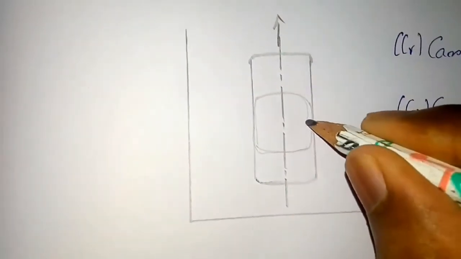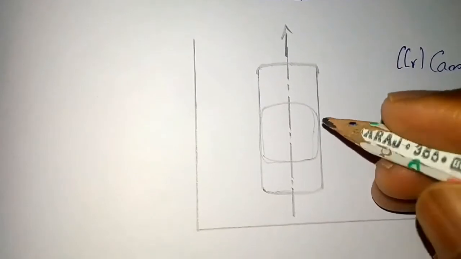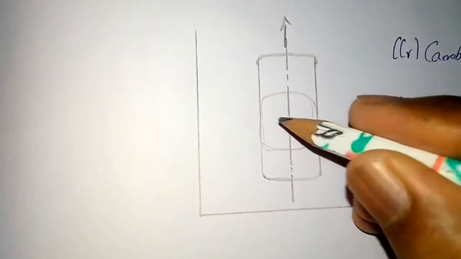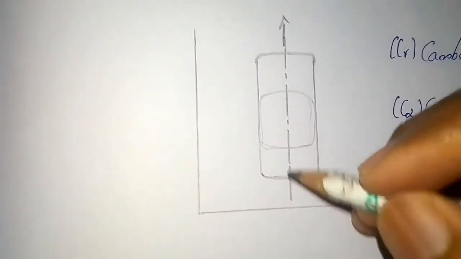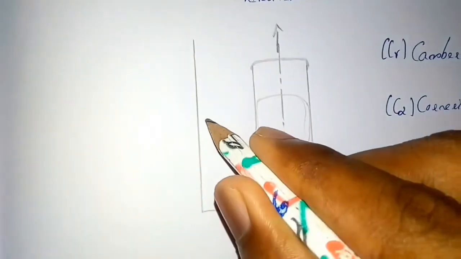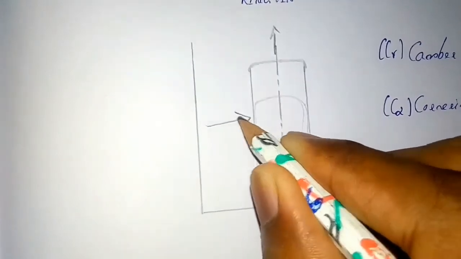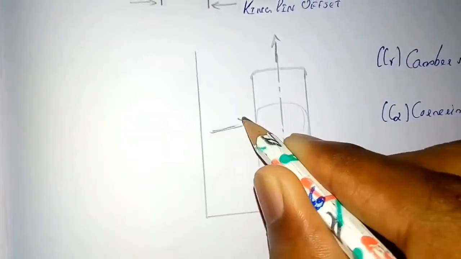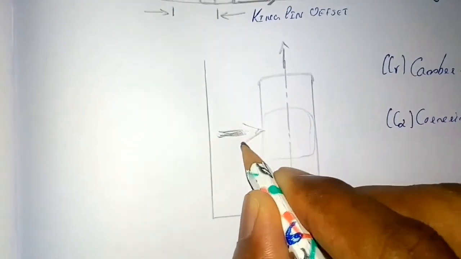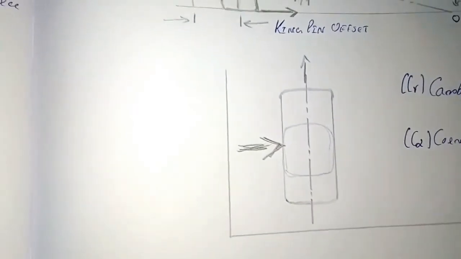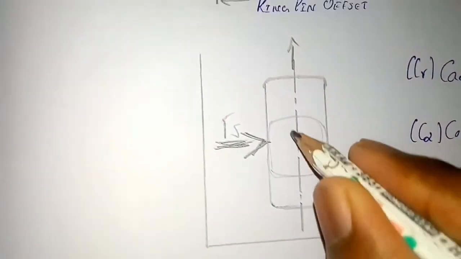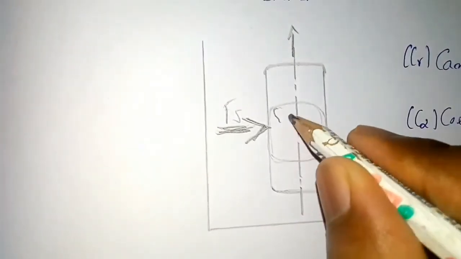Consider a tire that is rolling forward. If there is no external force on it, it will always tend to follow the direction of the tractive force. But whenever a lateral external force acts on the tire in the lateral direction, just consider it a side force. We denote that force by F suffix S, hence it's a side force. It acts in a direction perpendicular to the wheel plane.